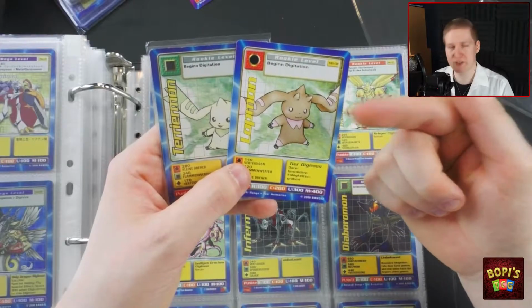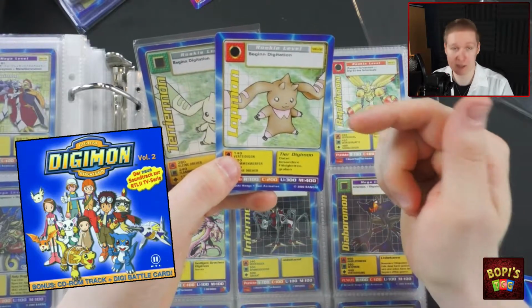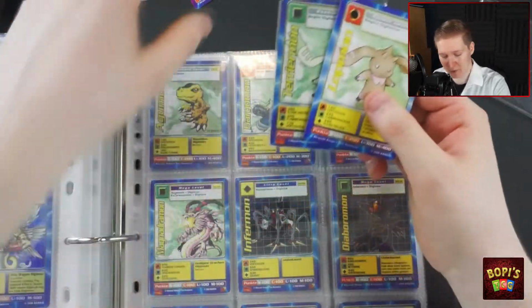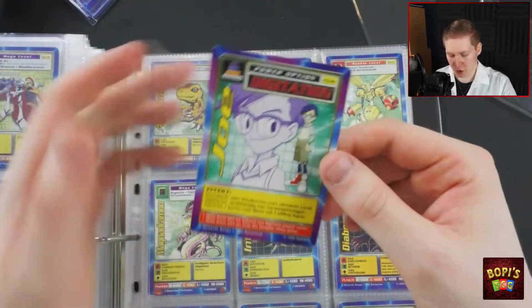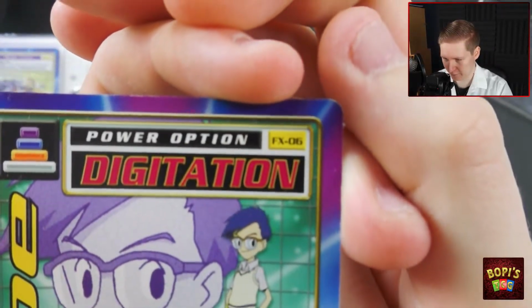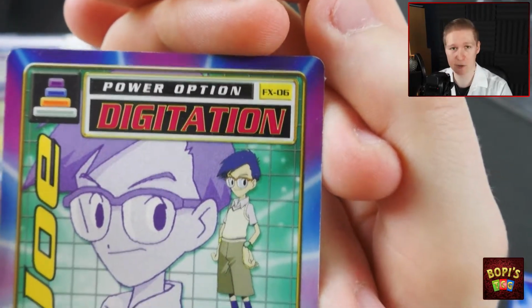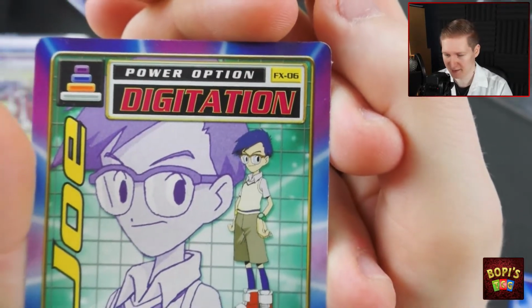I know Lopmon was distributed through a CD. So this is a promo card that you would get in a German CD. The same with Joe, for instance. Now Joe right here, this one being the FX version, like Fox Kids. In English, those are the hardest cards that you can ever find and collect. So